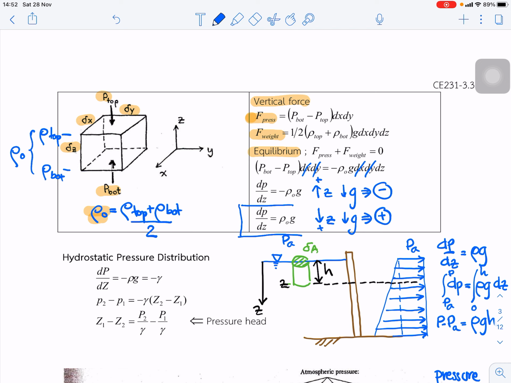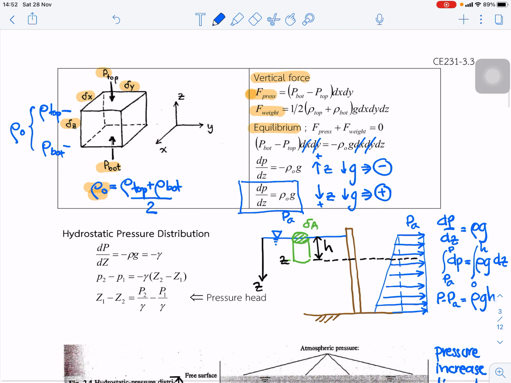Okay, so that is what we normally use for the hydrostatic force. In this case, we assume that z is positive upward, so it is still the negative sign, and we can substitute in P1 and P2 and Z1 and Z2, and we can say that the difference between Z1 and Z2 is equal to P2 over gamma minus P1 over gamma, which we call the pressure head. Okay,